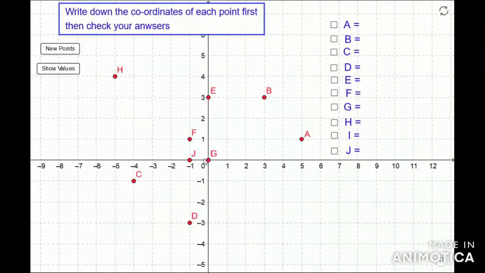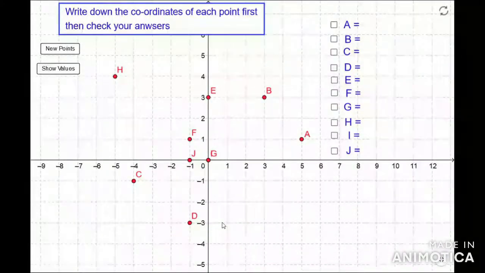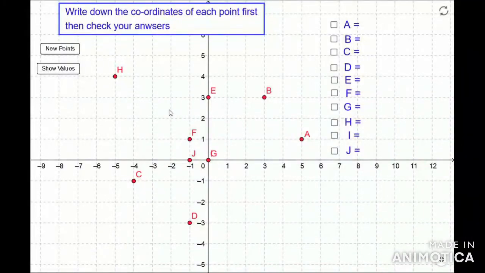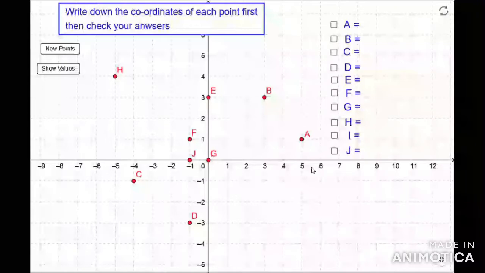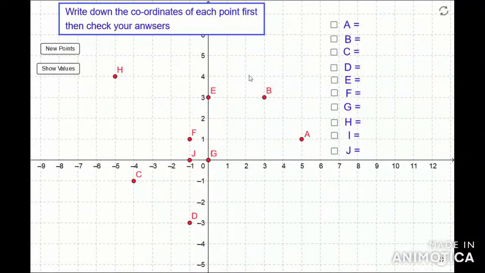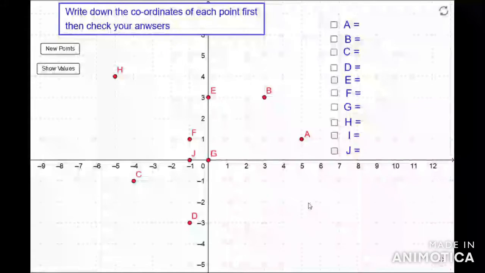From the origin, if you take 1 unit distance above the x-axis, it is named 1, 2 unit distance is named 2, and 3 unit distance is 3, and so on. From origin, below the x-axis, 1 unit distance is marked as -1, 2 unit distance as -2, 3 unit distance as -3, and so on. And thus these two lines, x-axis and y-axis, will divide this coordinate plane into 4